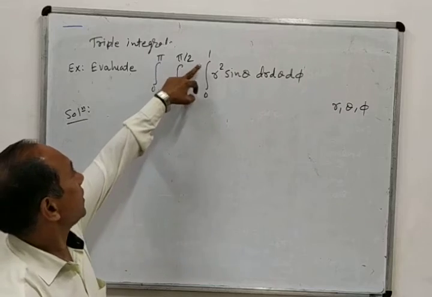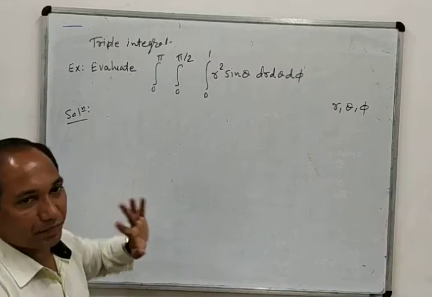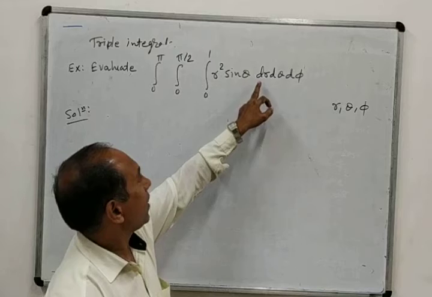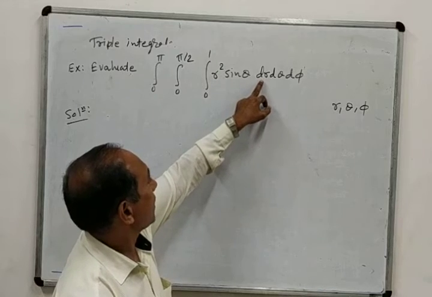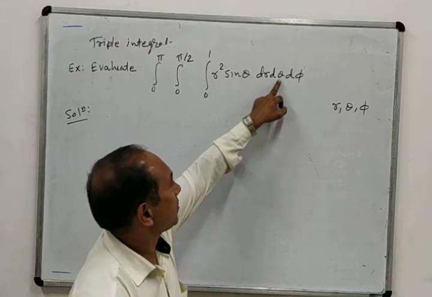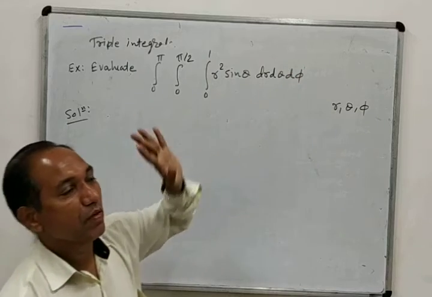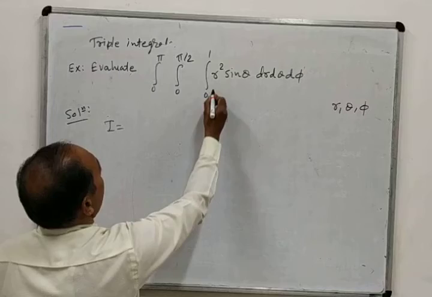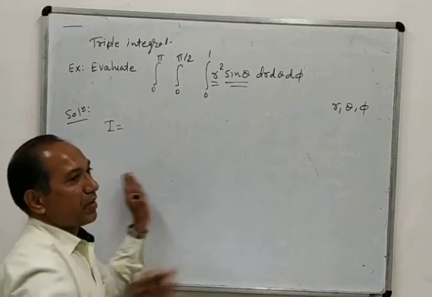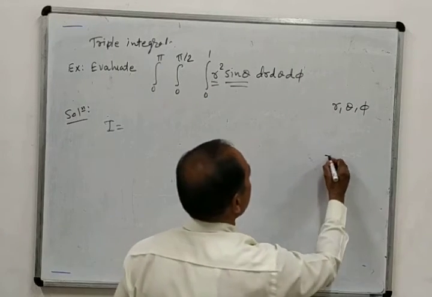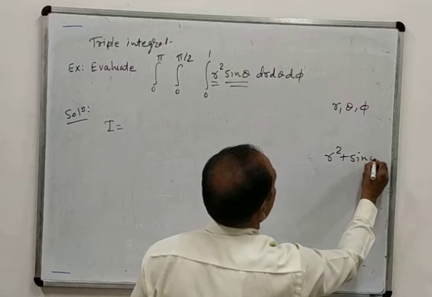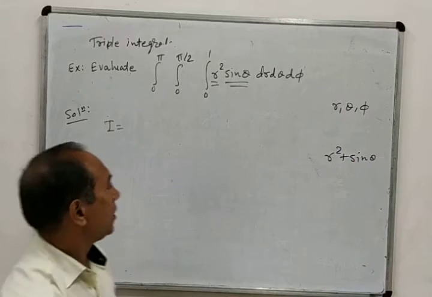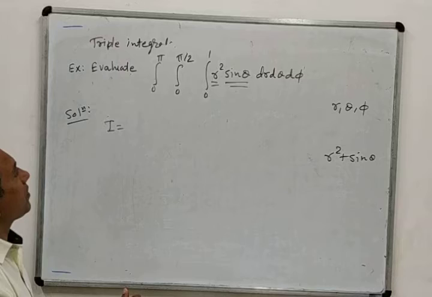All the limits you can see are constant limits. So we will have to rely on this given order. That means the first integration is with respect to r, second is with respect to theta, and third is with respect to phi. This integration is very simple because here the r and theta functions are separated out, not mixed in. Mixed in would mean sin of r square, rather than r square sin theta. So we will just follow the steps one by one.